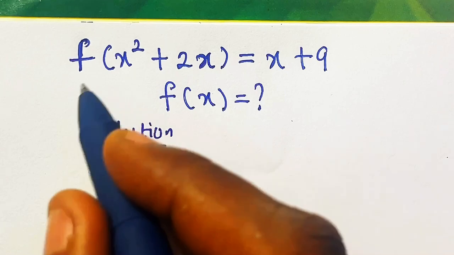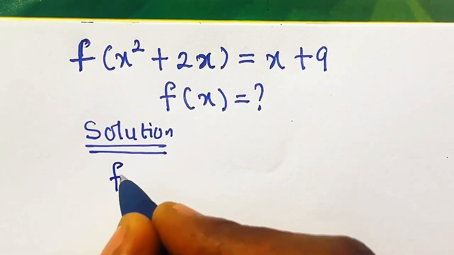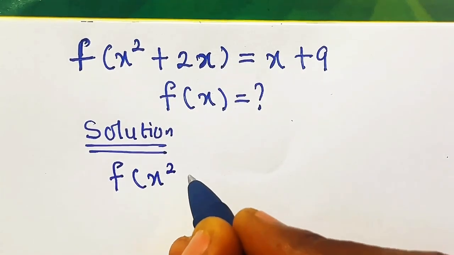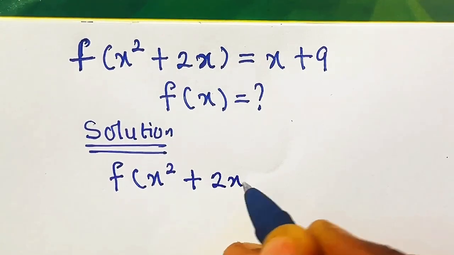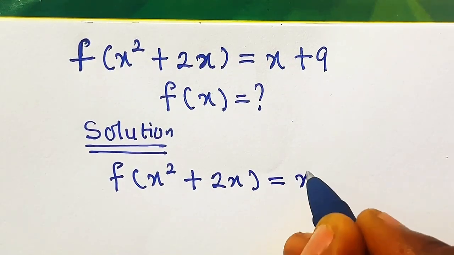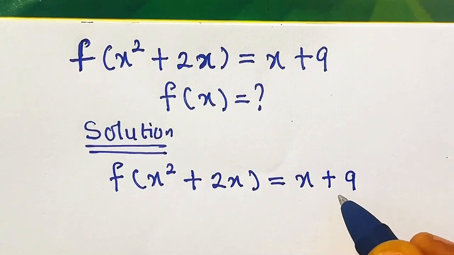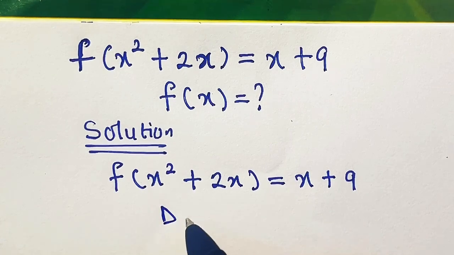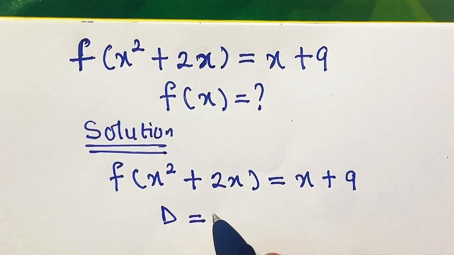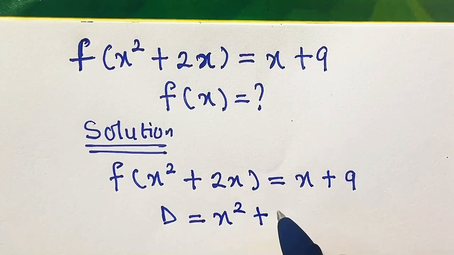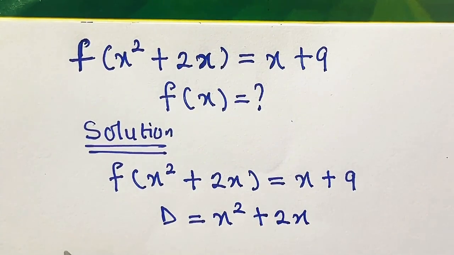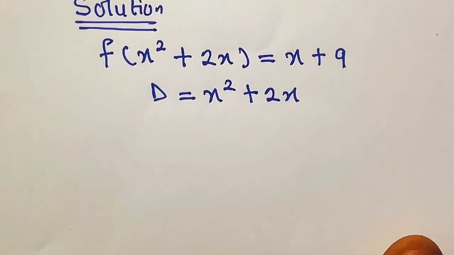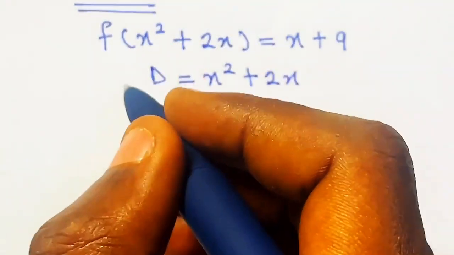From the function f of x squared plus 2x equals x plus 9, our domain D is x squared plus 2x, right? But we want to make the domain to be x. Now, to do that, we will just let